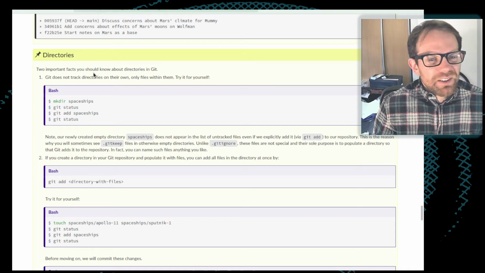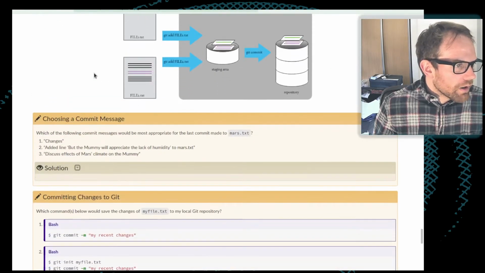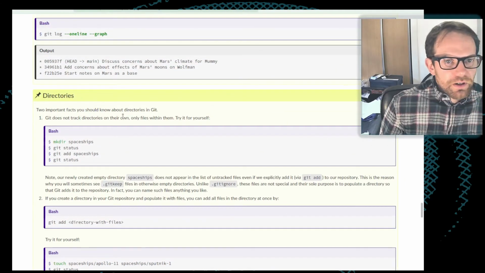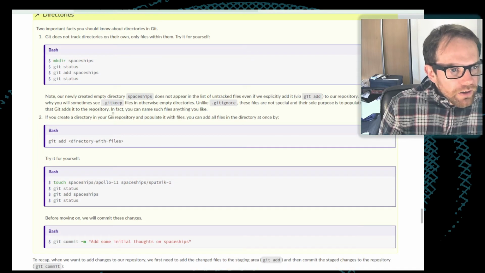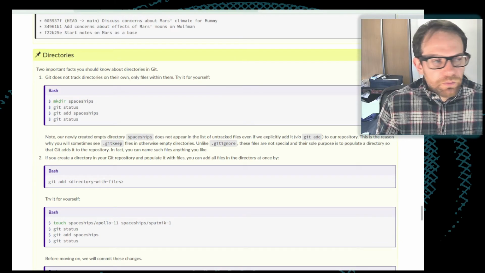Equally, there are some weird oddities about how Git deals with empty directories, particularly which are discussed in this yellow box here. I'll talk about this very briefly. I think this is actually moderately important.